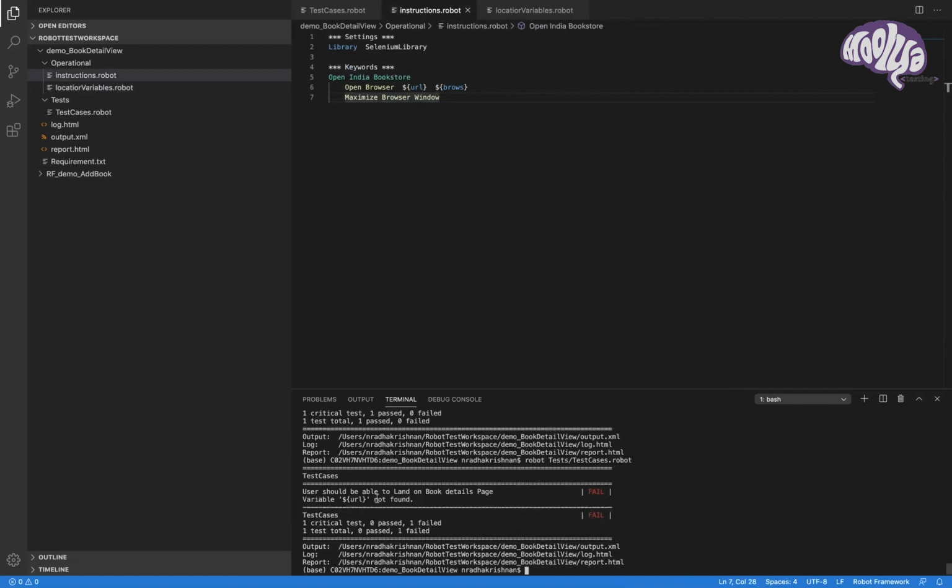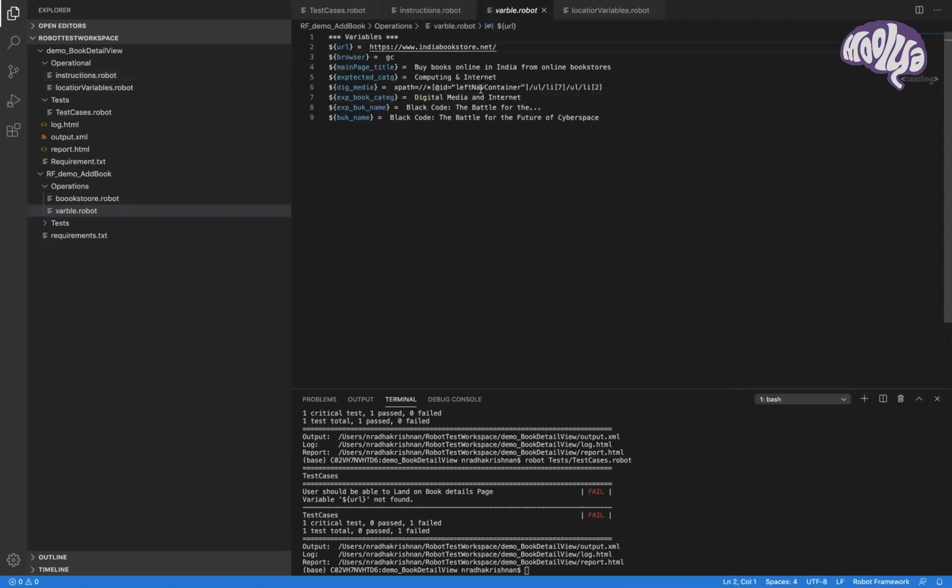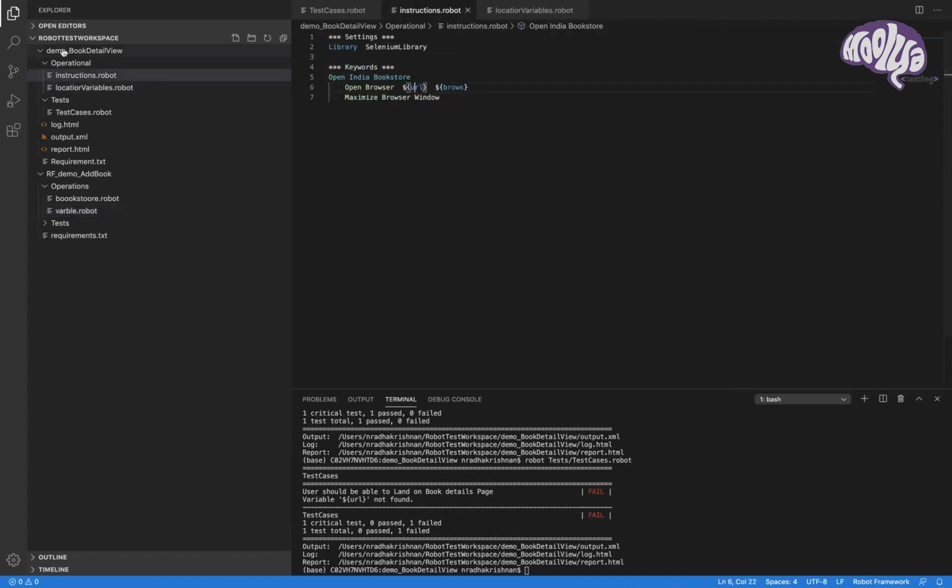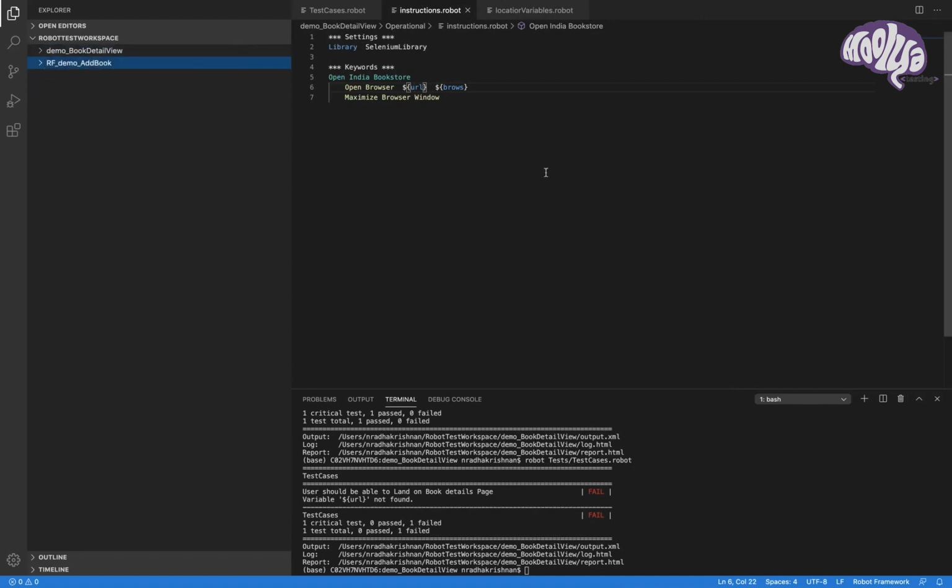Variable URL not found. Okay, this is opening a different project. Under this same workspace, I have another project where it is focusing. Just to make sure it is pointing to my same project, that's where the settings comes into the picture.